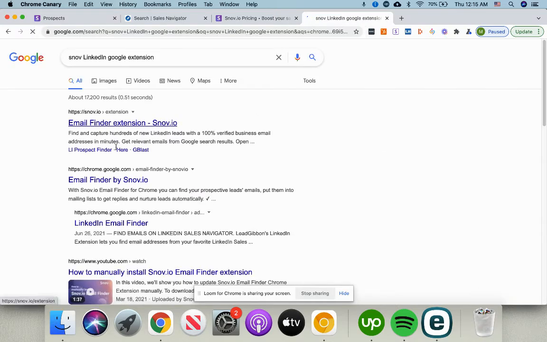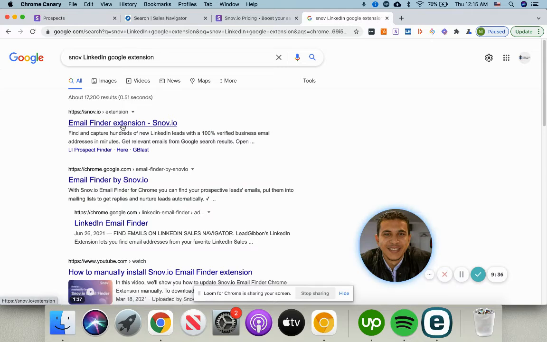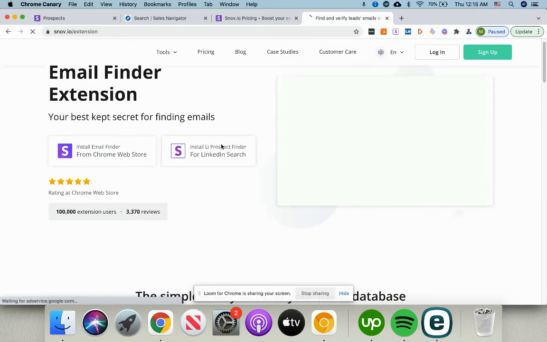Snov will have the link, email finder. No, I need the email finder. Yes, that's the one. I think that's for LinkedIn. It shows you in a step by step video as well how you can connect it